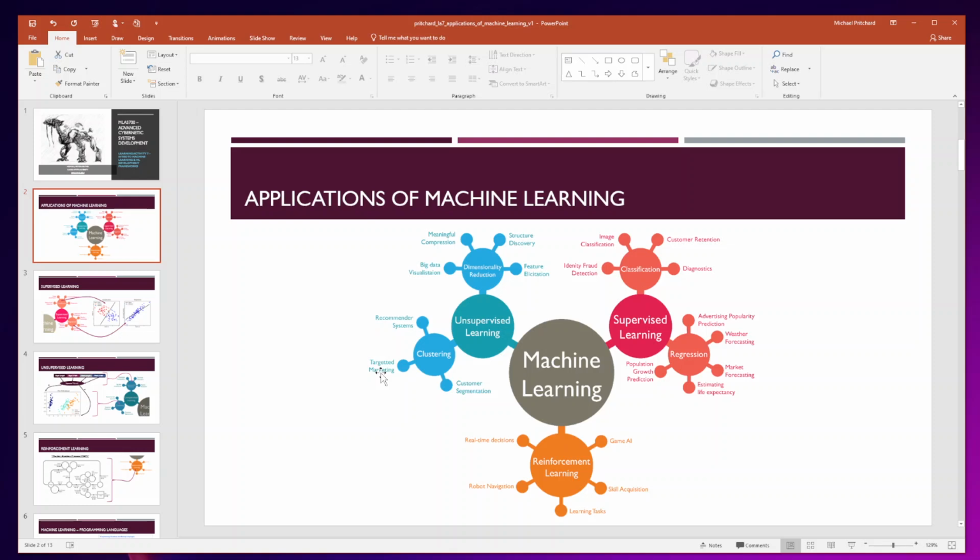first up, we have unsupervised learning. So unsupervised learning primarily falls in two buckets, which is dimensionality reduction and clustering. When we talk about dimensionality reduction, we're talking about taking data that has high dimensionality and reducing it into two or three dimensions, and it's really neat. The algorithms are pretty cool that operate in the dimensionality reduction